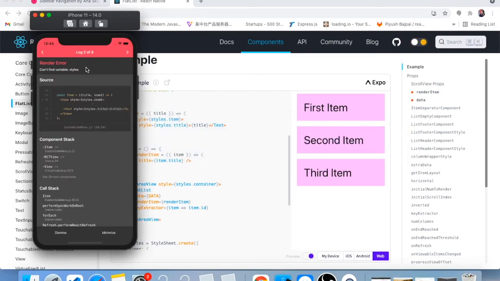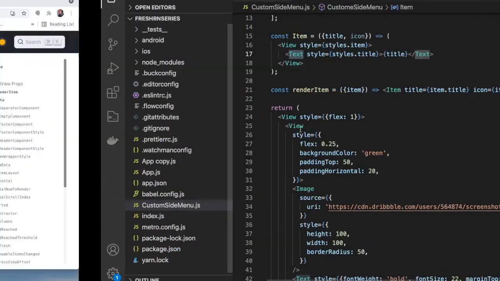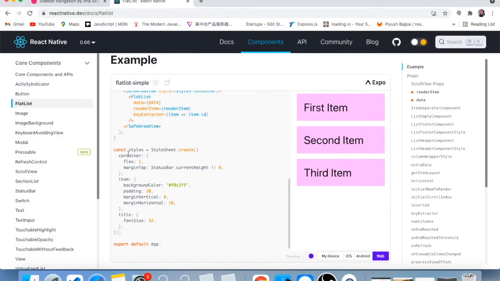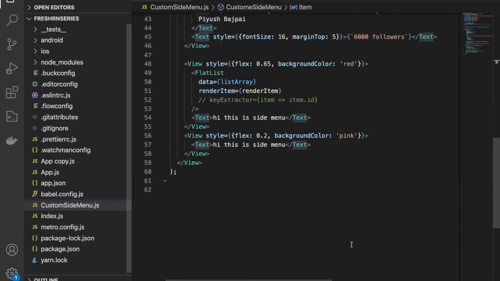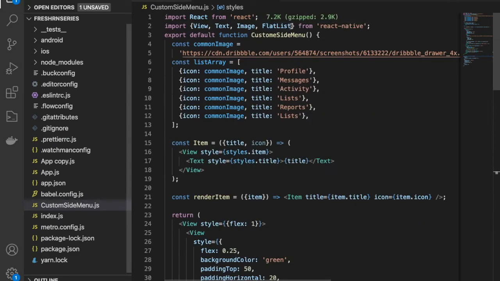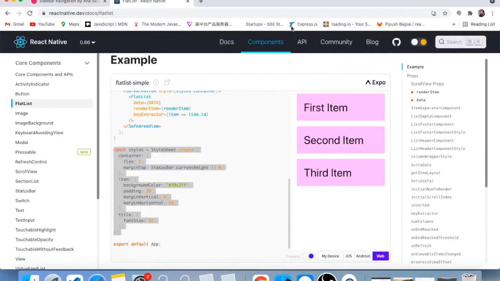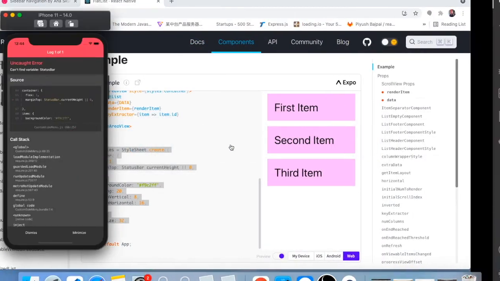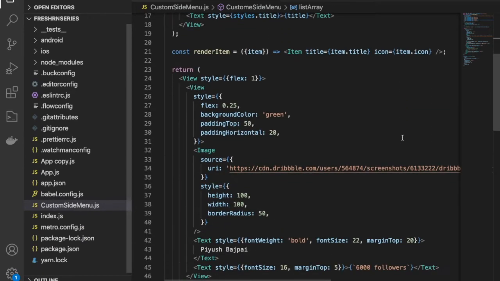Style is missing, so let me copy the whole styles and paste them here at the downside. Just copy the StyleSheet, and I have to import it from the React Native package, just to show you. Okay, cool.